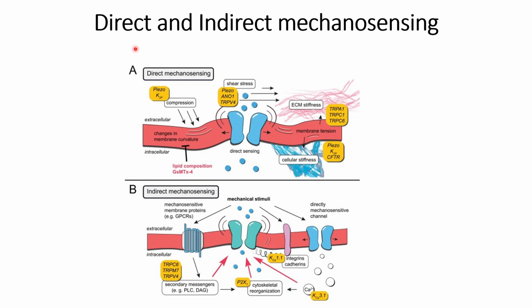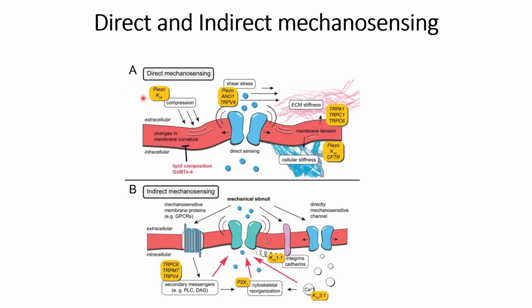Today we will discuss two types of mechanosensing, that is direct and indirect mechanosensing. We have discussed mechanosensing many times in our previous videos. However, we have never distinguished those mechanosensing into direct and indirect categories. So what happens in terms of direct mechanosensing, as the word suggests,